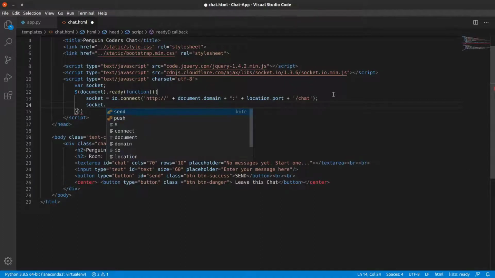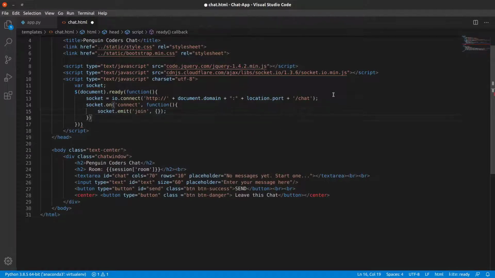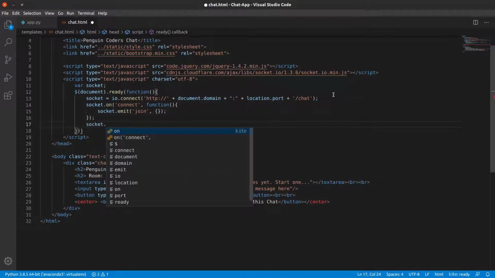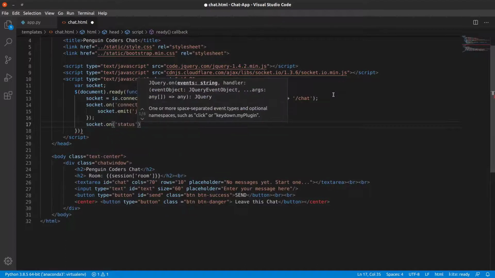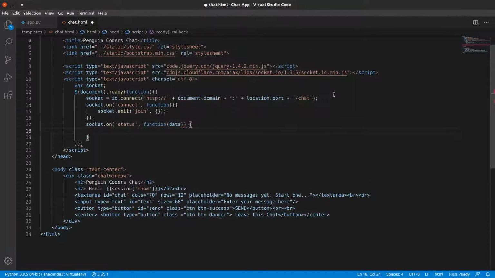So socket.on connect, and it's socket.emit join, and we don't pass anything here. Semicolon. Now socket.on status, then we have the function and we will pass the data to it, and now we will get the data from chat.